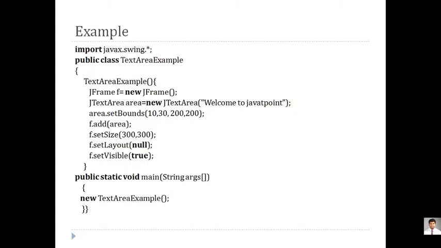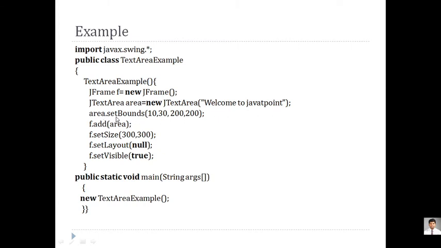So, a very simple example here. We have imported the javax.swing package. We have called this constructor. Now this is the actual way of writing code, that we do initialization in a constructor. Here in the constructor, we have created one JFrame object, because this is a container, without which we cannot do it. Now here I have created one JTextArea, and the name of that object I have given is area. I have initialized it by using the new keyword and JTextArea, and I have written by default something to be displayed on the screen, that is welcome to Java point.